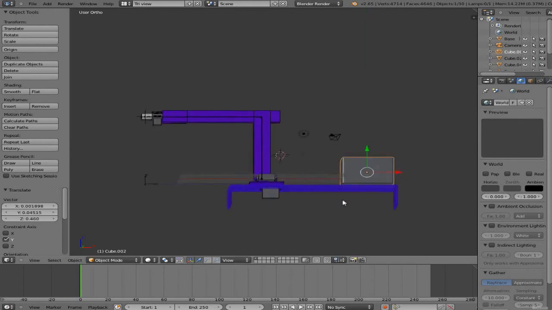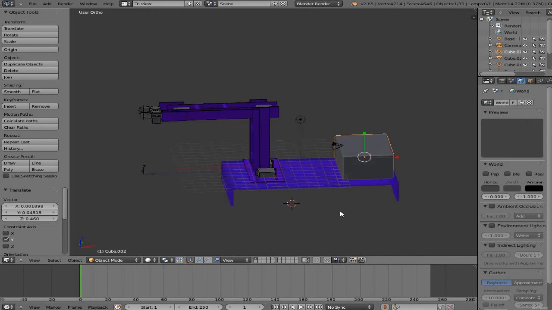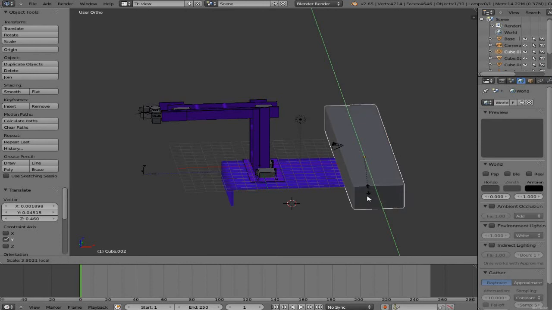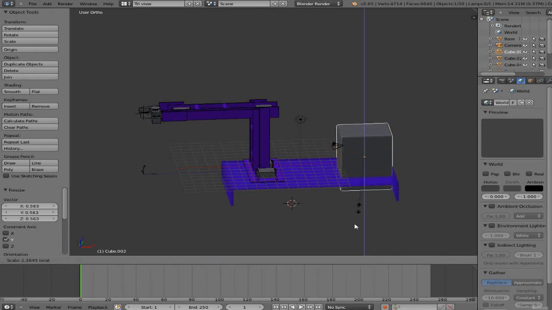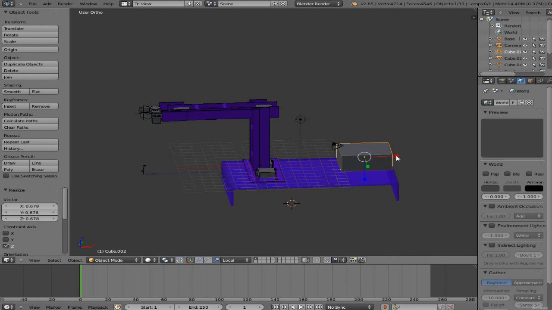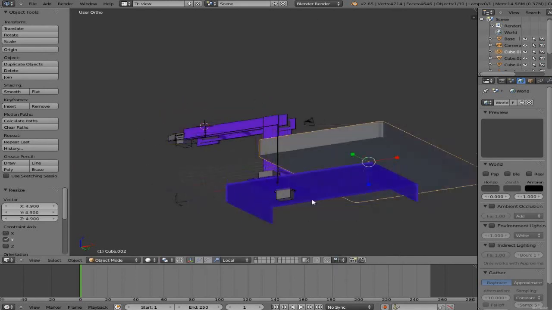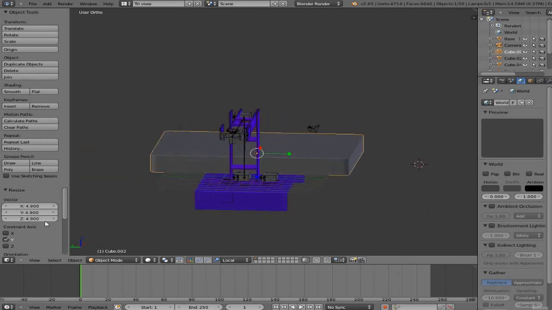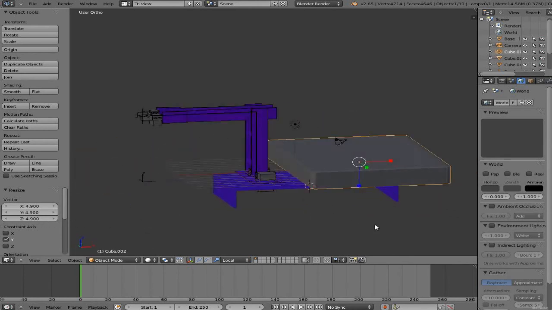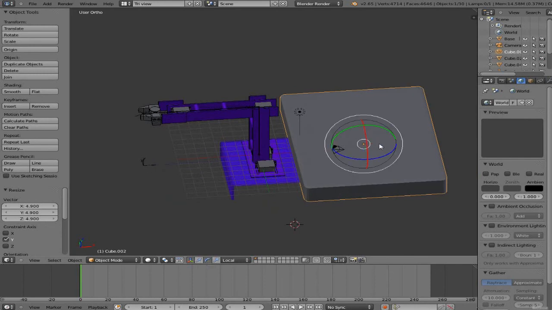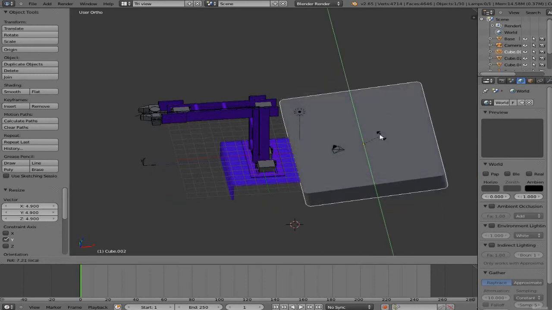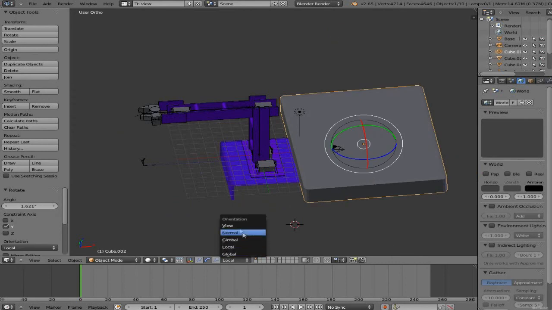Also, don't forget that these methods also work for the other tools. For example, if I wanted to scale this cube, I would go into a local mode in order to scale it. If I wanted to scale it left and right or back and forth, going on the local axis gives me that. If I did the global axis, then my scaling wouldn't be aligned with my object. And the same goes for rotation. I can rotate around the global axis or around the local axis, and I can also rotate around the view. So by using Transform Orientation, we can rotate, move, and scale